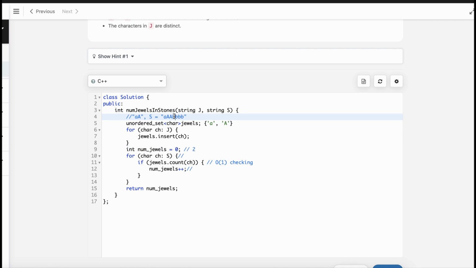Then again a, and we do the same thing and increase the counter to 3. And we find b is not present here, so we do not do anything. This if condition will not be valid for b, so finally we return our answer, the total number, as 3.